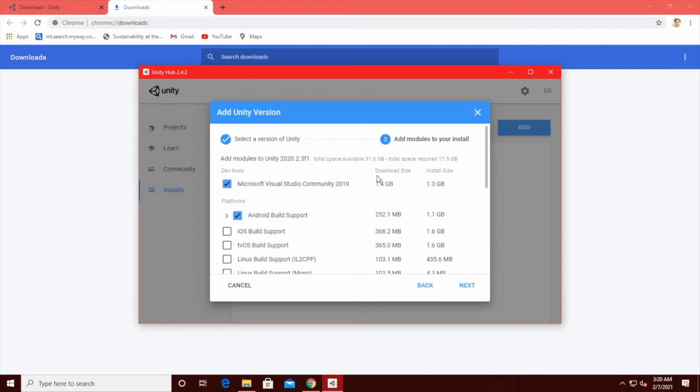It would ask me about the extensions or the modules that I want to install with it. So we would require Microsoft Visual Studio Community 2019. Basically it's for game programming. You need an IDE to write code, right? You cannot directly code in Unity. You need an IDE, right? So you would install Microsoft Visual Studio Community 2019, and